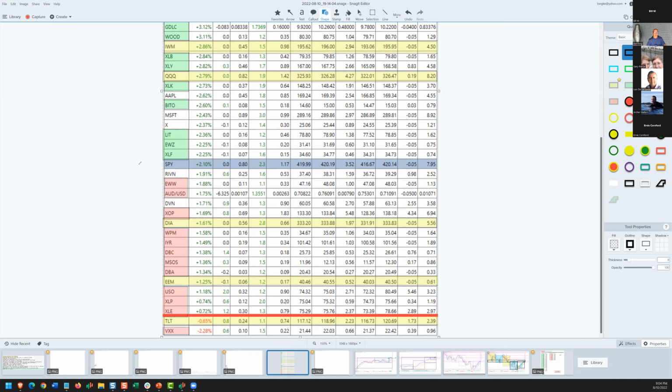All right, so we had the S&P today up 2.1%. That's very favorable. Underperformers in the big indexes were the Dow, only up 1.6, and emerging markets up 1.25. Treasuries were the only one of the big indexes we follow that was below the red line between positive and negative, at minus 0.65. The things that outperformed were the two speculative aggressive indexes, tech at 2.8,